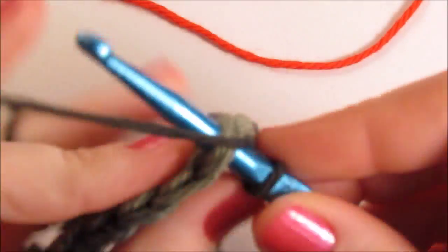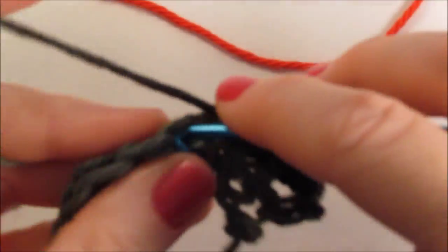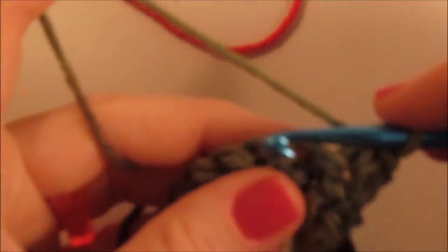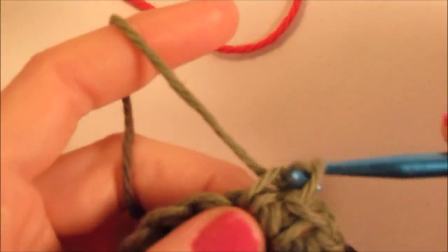And then we're going to take 8 single crochets of green. 1, 2, 3, 4, 5, 6, 7, 8, and then in the 9th one we're going to pull up a loop, and let's join on our red